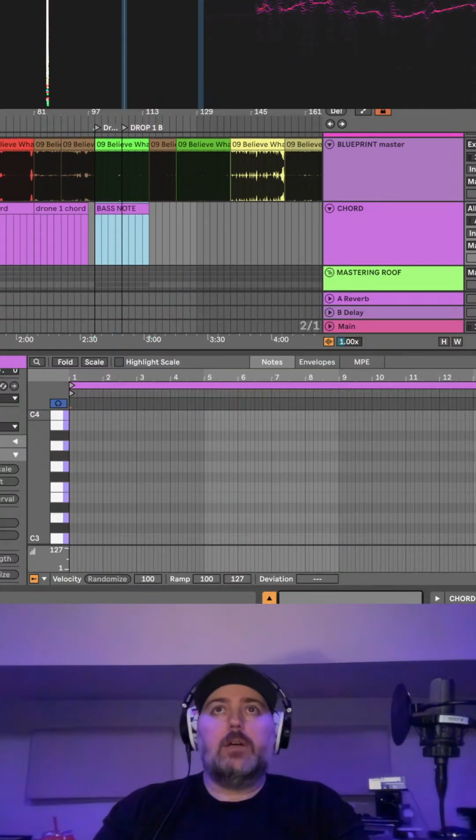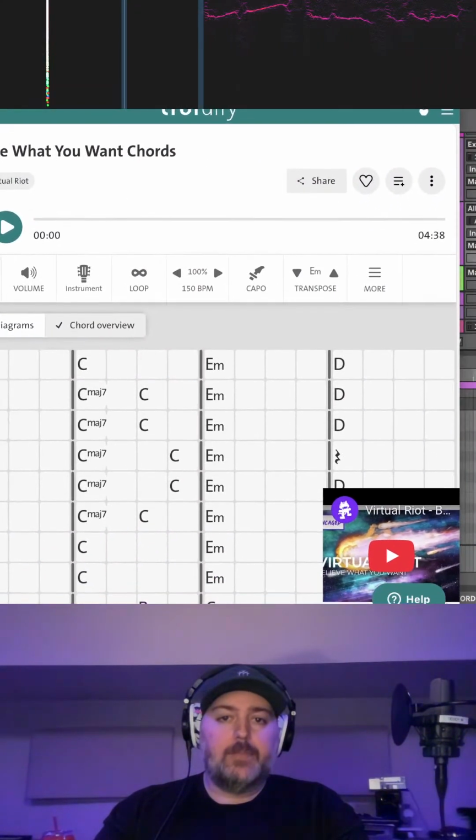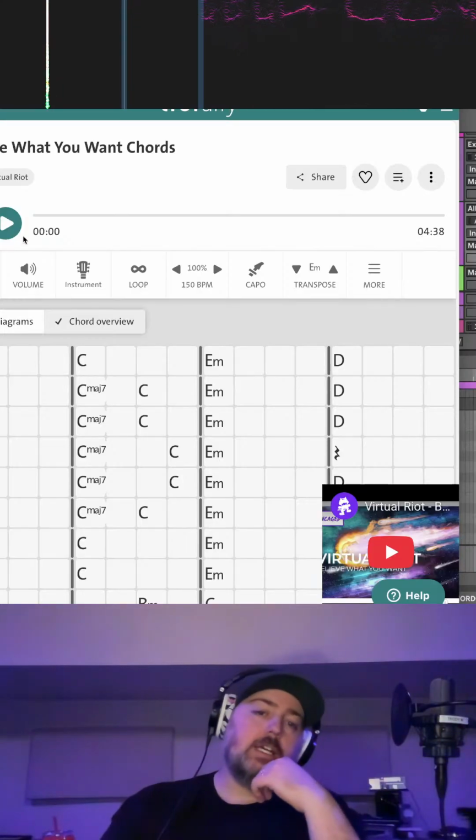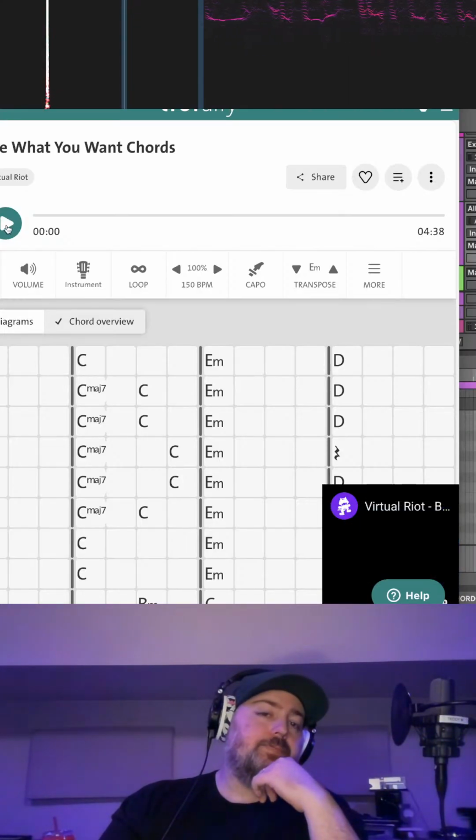And I have it set up where I go to a place called Chordify, and I get the basic chord structure of these types of songs. So